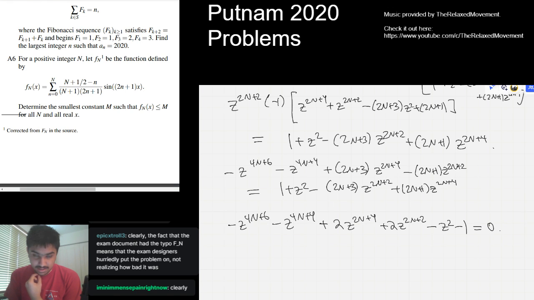So this thing is 0. Can this be factored easily? Plus 1. Yeah, z squared plus 1 factors out pretty simply, right? So this is like minus z to the 4n plus 4 z squared plus 1